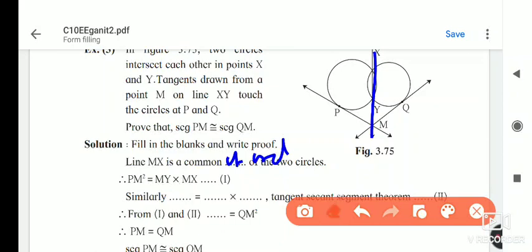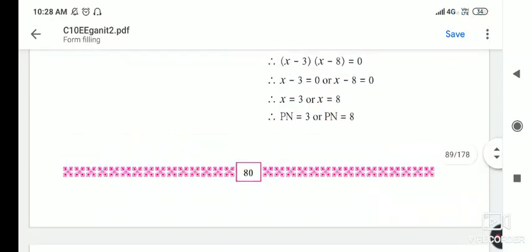It is a chord and it is also a secant. So we will use the common secant for the circles. We have to use the tangent secant theorem. So here we have to write that it is a common secant for these circles. So if it is a common secant, then as we know, PM is equal to, just now we saw it, this theorem inside,